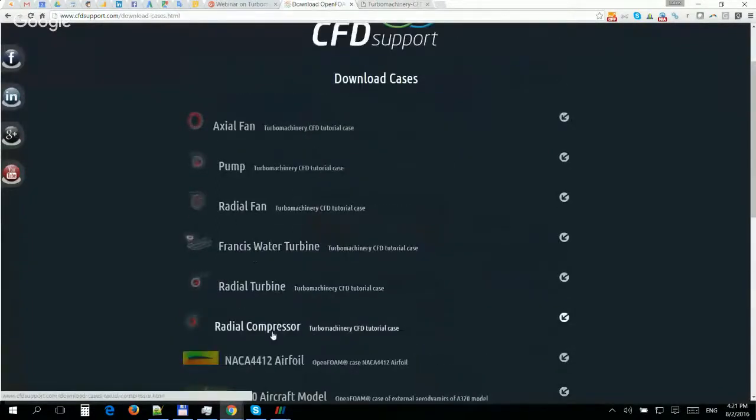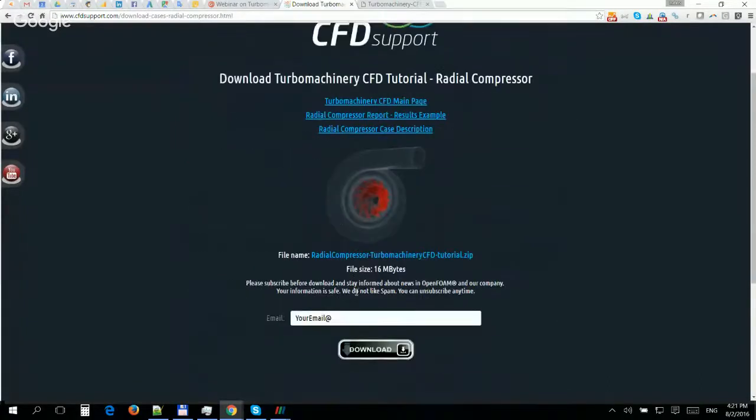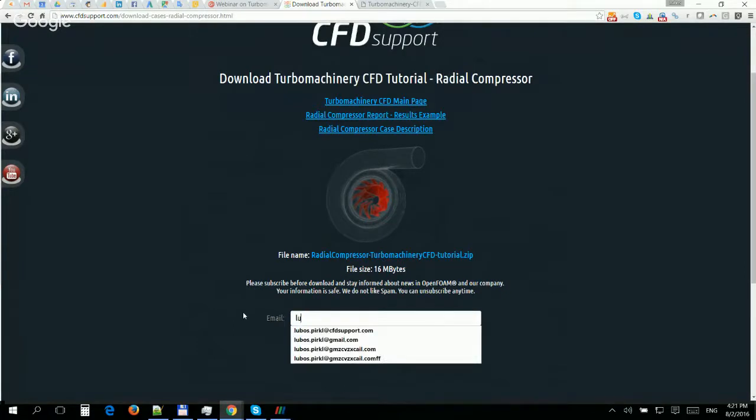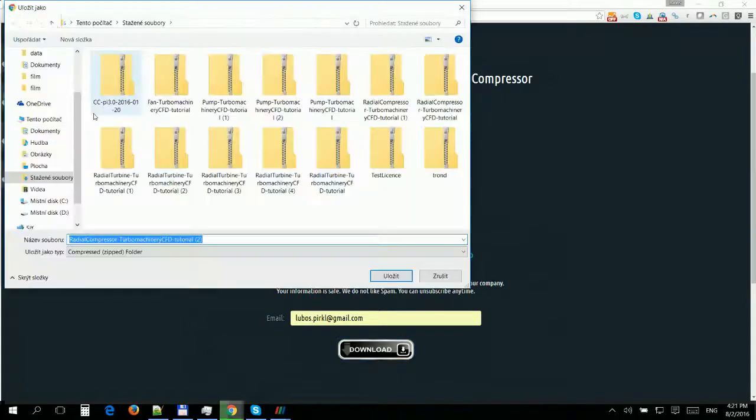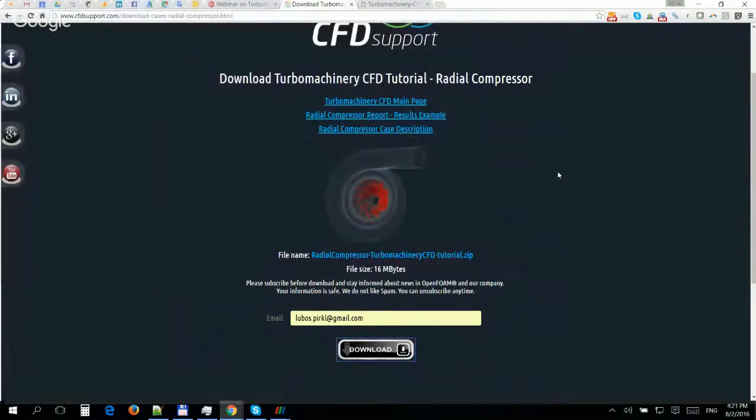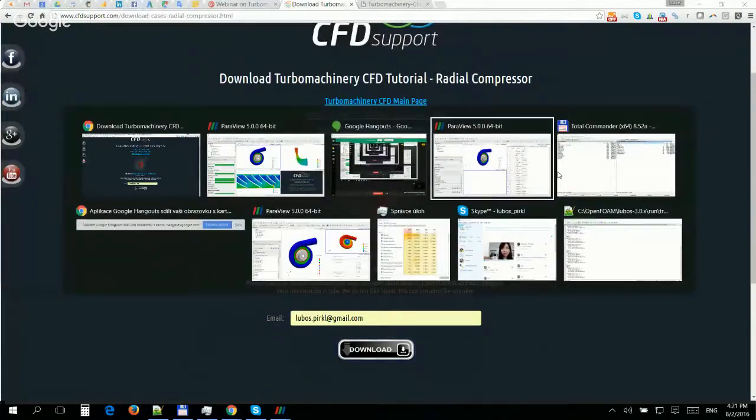So this is the Radial Compressor. The easiest way to simulate a compressor is to download the tutorial, which is pretty simple. You say, okay, I want to download the tutorial, and it gives me the tutorial compressed in zip. You download it, extract it, and then you open the